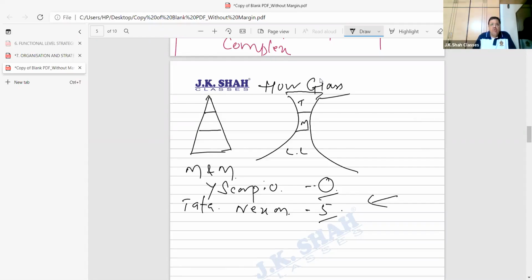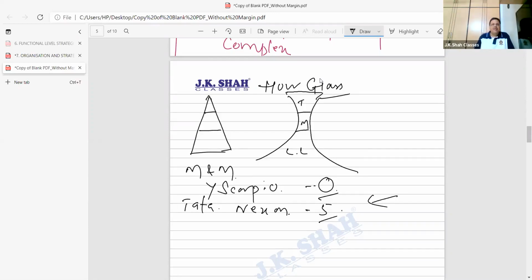To make that Scorpio, the steel that they take is from whom? So from us only. Us only means what? Tata Steel? Yes. Achha, Tata Nexon also takes steel from where? Tata Steel. Then how come my company gives steel to our cars and that car gets a 5-star as the most safest car, and we only give steel to Mahindra and their car gets 0-star? That means something is wrong.